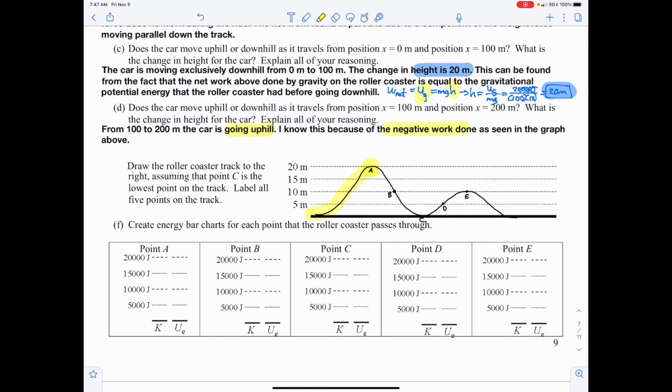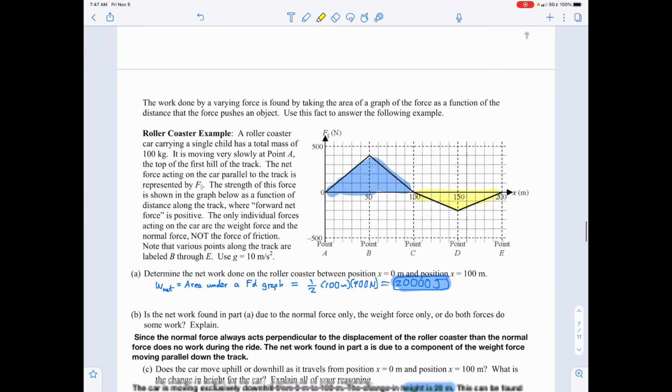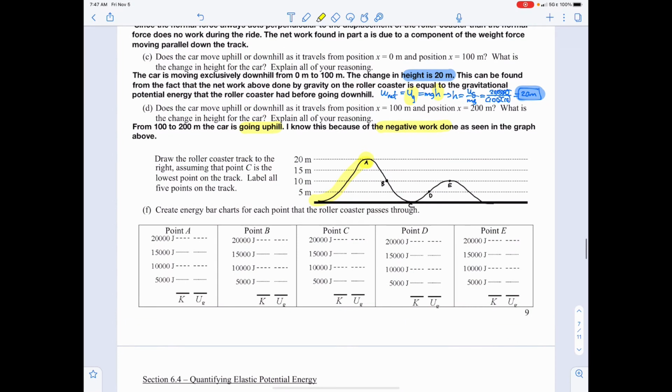We know that the net work done by gravity between points A and C would be the upper triangular region. That would basically be the work done by mg sine theta as the car is racing downhill. And then from C to E, the car is coming back uphill, but it's not coming back up all